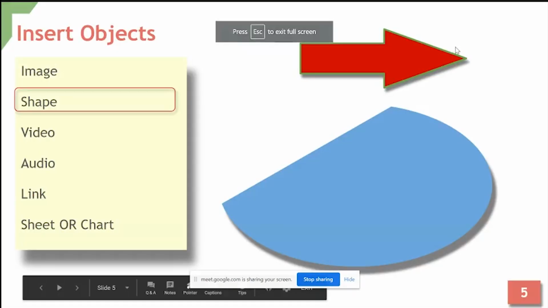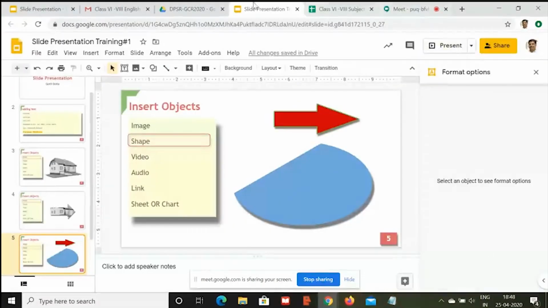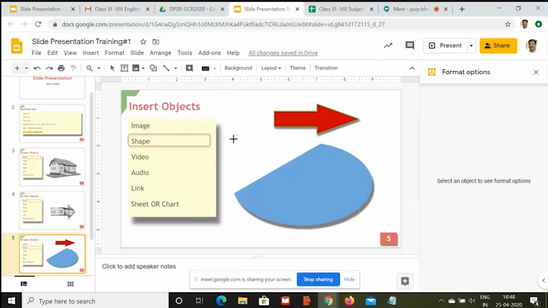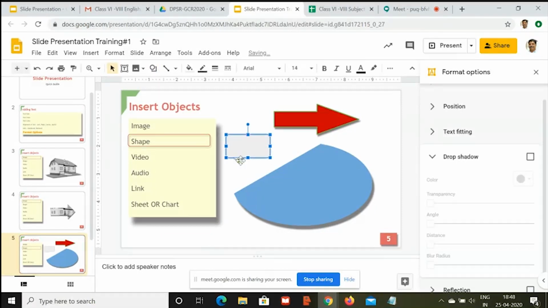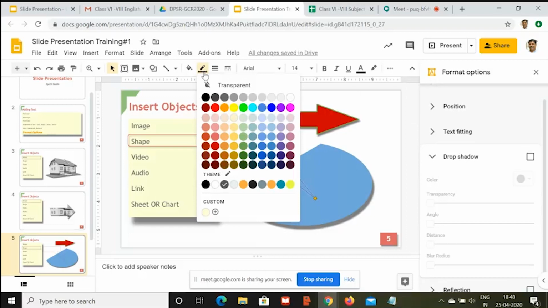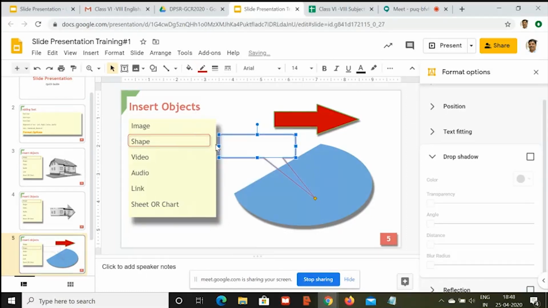Just see. Now, apart from this, there are many more symbols here, many more shapes here. I want to say something about this blue area. So I will just pick up some rounded rectangle callout, and I'll say that I want to point out this area and say something over here. So I have taken a callout and put an arrow, and then I don't want any fill color for this. I want a boundary for this. So boundary, suppose this color, and I want a thicker boundary. I'll increase the size to 4.